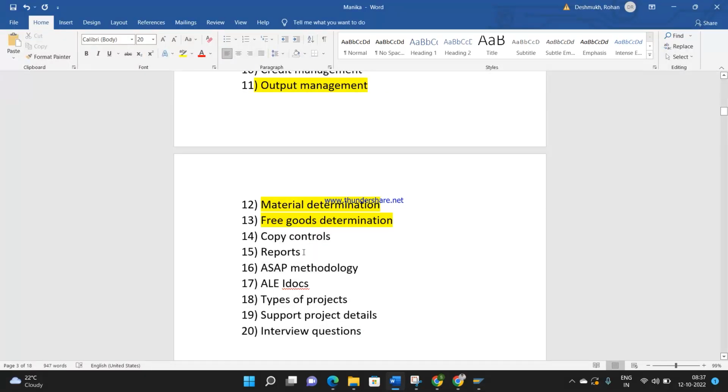These two: one class for SAP methodology, one class for ALE docs, and for type of projects, one or two classes. I mean, type of project and support details won't fit in one or two classes, but I'll give you a brief. It all depends on project to project, company to company, client to client. It's not like one fixed way where it works for all, but overall the process remains the same. Okay. I'll just walk you through all these details. And I hope you guys, did you start preparing the